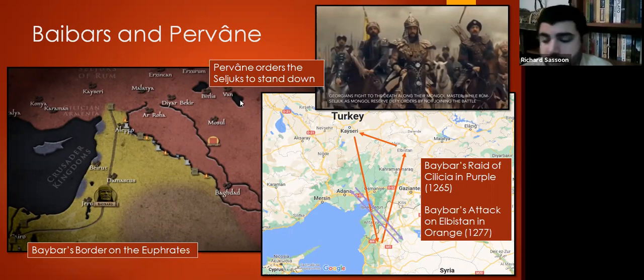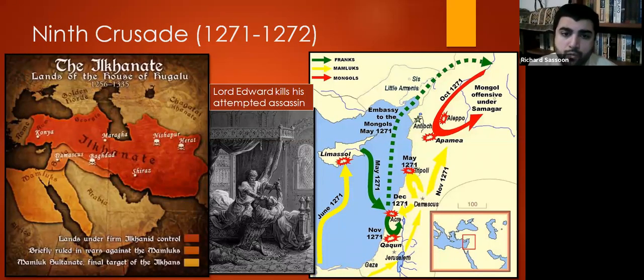Another thing that Abaqa Khan was involved with was the Ninth Crusade. Now, Abaqa Khan was very interested in getting crusaders to fight against the Mamluks. He was interested in having any allies he could against the Mamluks. Those were his chief rivals and threats. And so, as we talked about